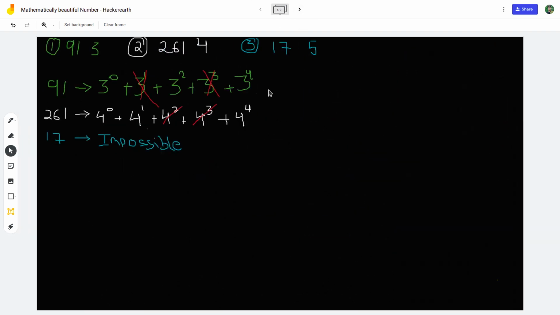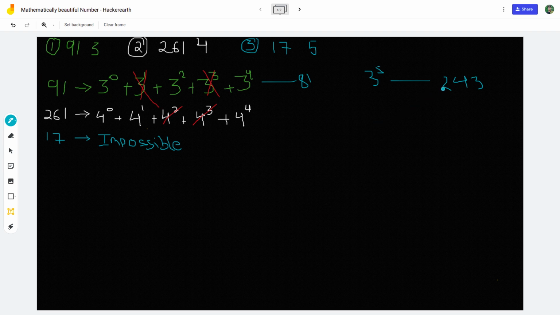One more important thing: why did I stop at 3 to the power 4, why didn't I take 3 to the power 5? You should know 3 to the power 4 is 81, and 3 to the power 5 is 243, which is larger than 91.